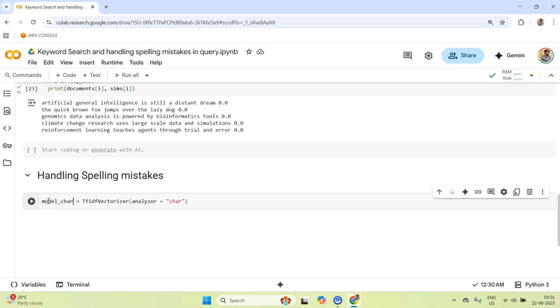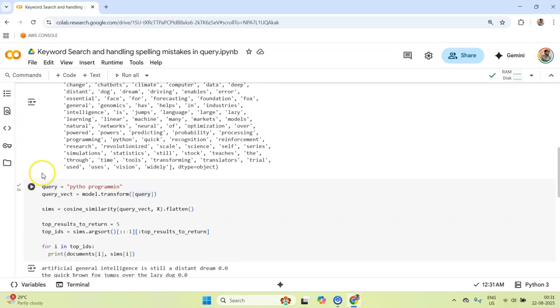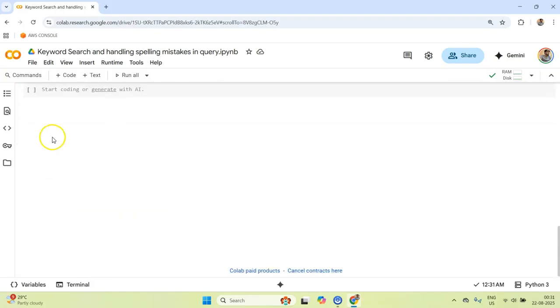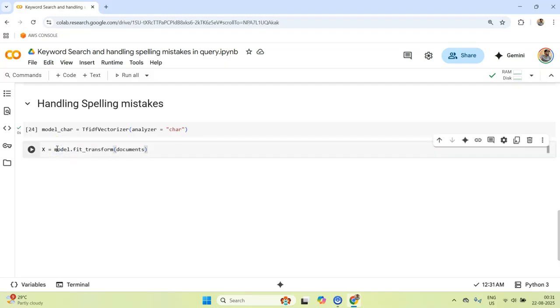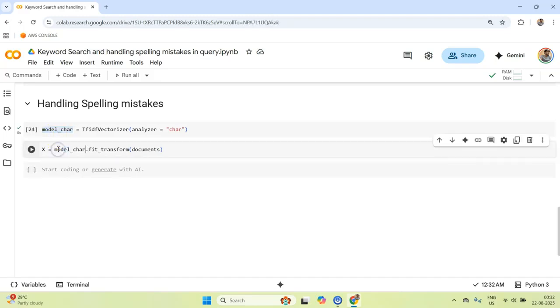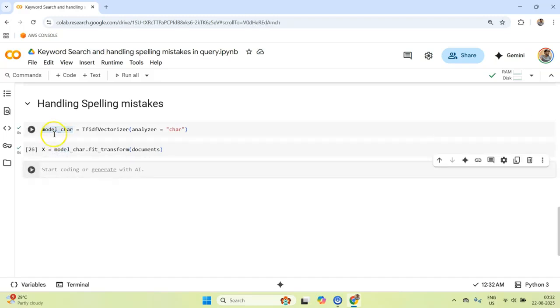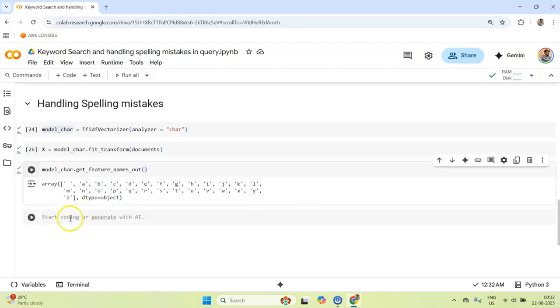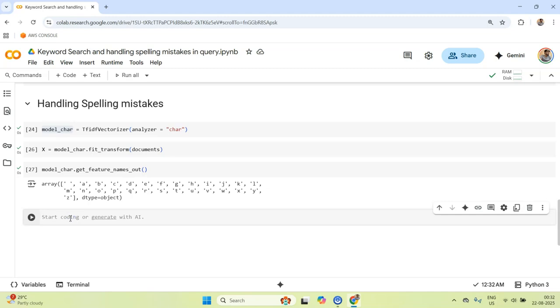Let's see what the problem is. So now I have model_character. Let's do X = model.transform, let me run this. Oh sorry, I should have called this model_character. Now let me call model.get_feature_names_out. You will see something interesting. Let me tell you what exactly it has done.